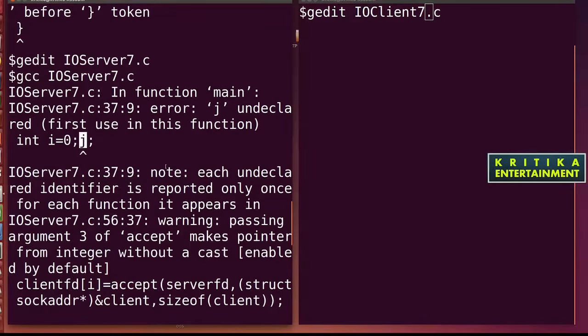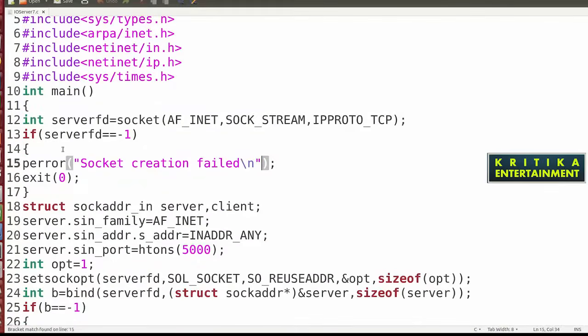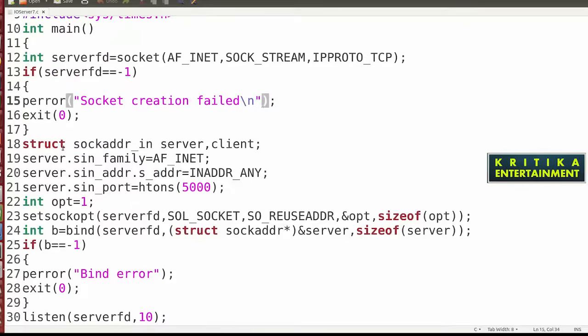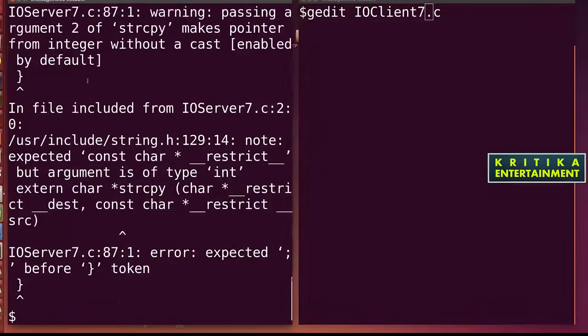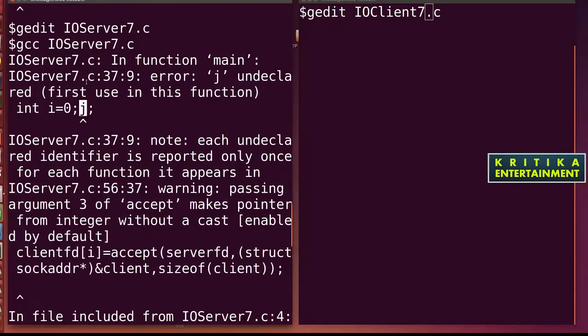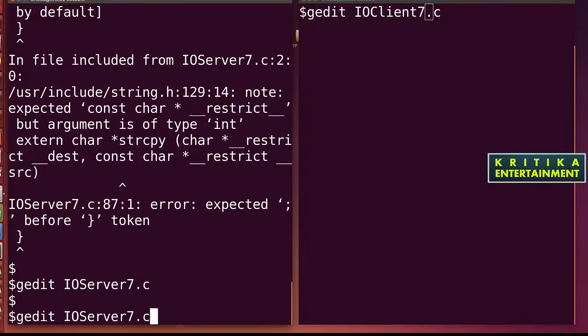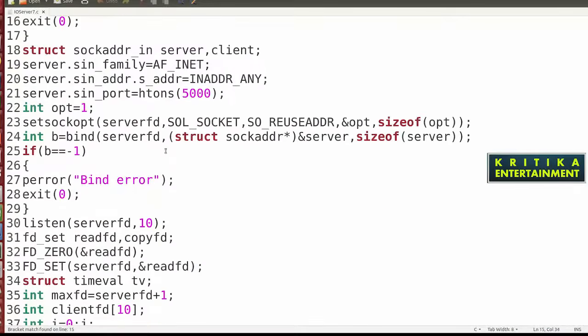So I'll open line 7. Yes, not line 7, I think it is line 37. Okay, line 37. So I'll open this line 37.